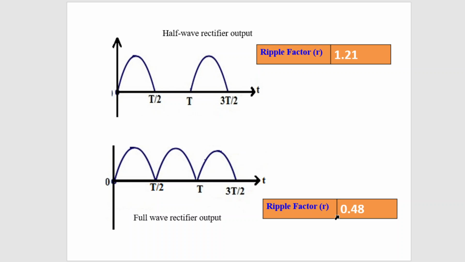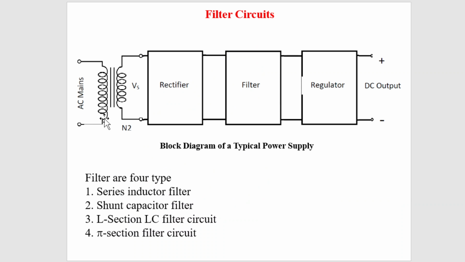Means your signal, whether it's current or voltage, should be constant with respect to time. But from the rectifier output, what we are getting is variation. How much? That is 58% variation we are getting. So in order to remove the variation present in the output of the rectifier, we require another circuit. That circuit is known as the filter circuit.